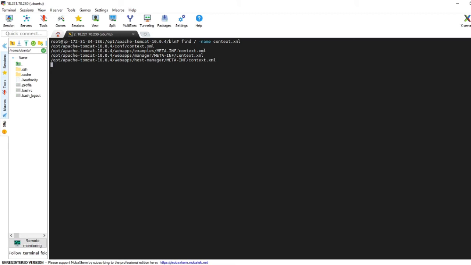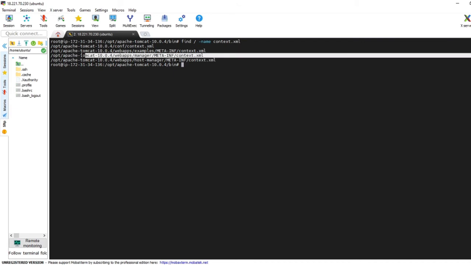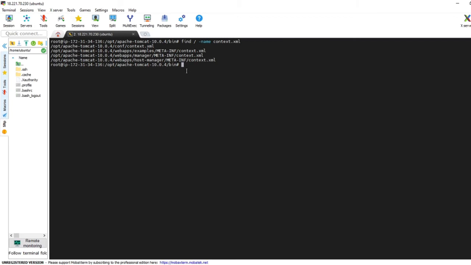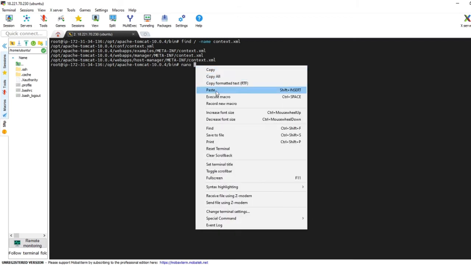So we have three files here; we will modify the ones in webapps manager and webapps host-manager. So let me first copy the location, and then with the nano command, this is the editor I'm using, paste.